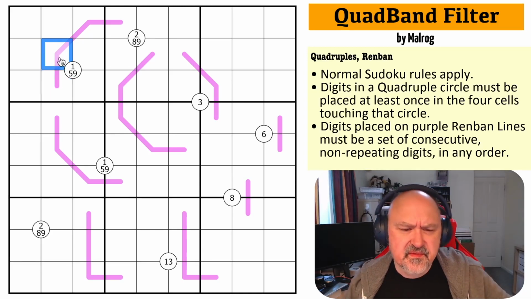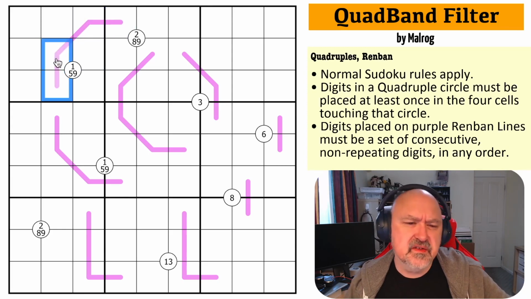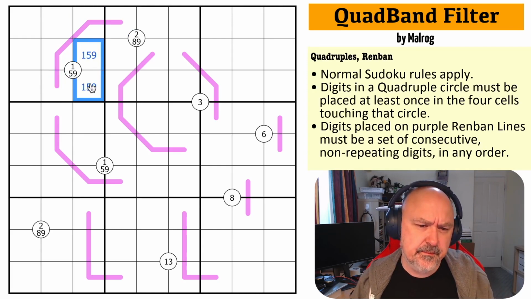So this is a 4-cell Renban line. So 1, 2, 3, 4. Okay, so this line is actually important because this line, if I put a 1 on it, goes 1, 2, 3, 4. If I put a 5 on it, 5, 4, can't get... So these are from 1, 5, 9. And the reason for that is